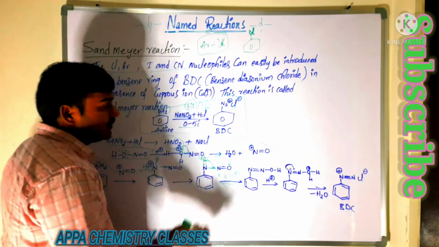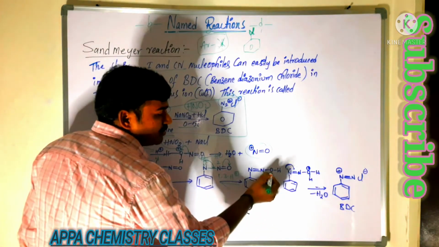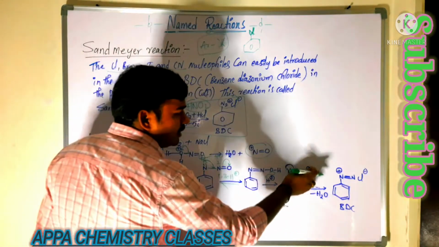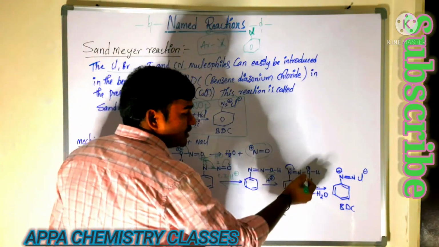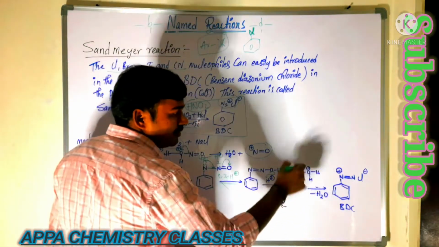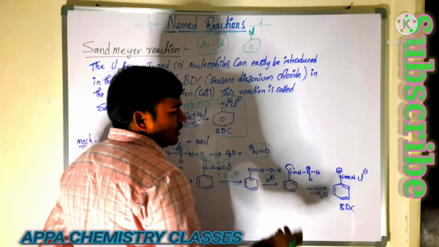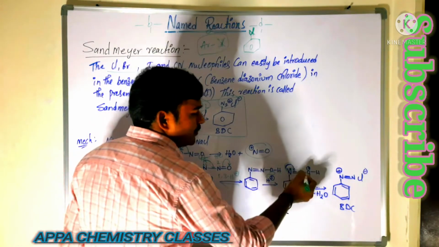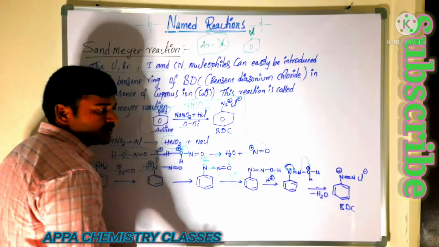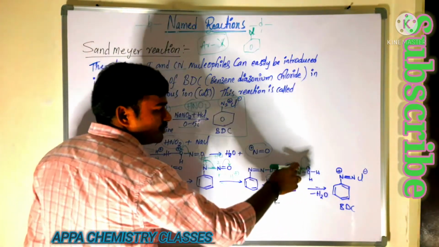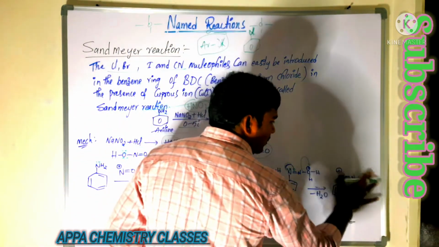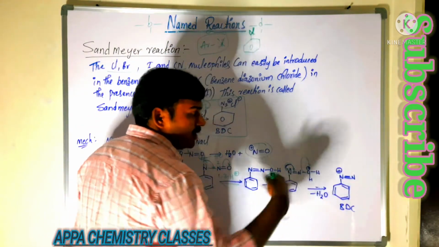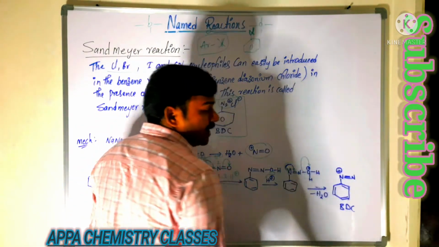Again we will do the acidification. HCl is there. So that H plus ion will accept the lone pair of electrons from this oxygen and will form the hydronium ion. An electronegative atom with positive charge is unstable. Then what happens again? This nitrogen containing the lone pair is shifted in between these two nitrogens. Then this bond will be shifted onto this oxygen. Then that water is removed. Then we are getting the diazonium ion. Because this nitrogen is having 4 bonds and also it is losing the electron, so it gets the positive charge.